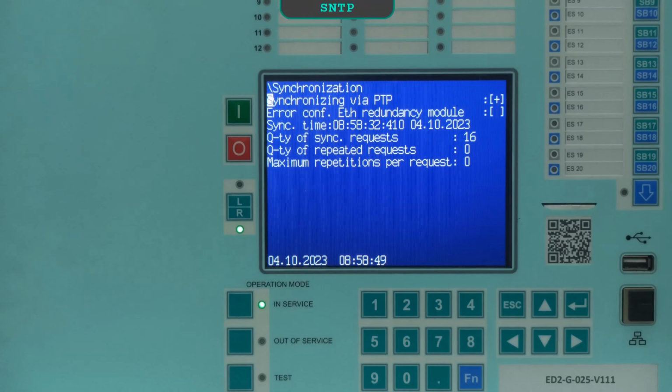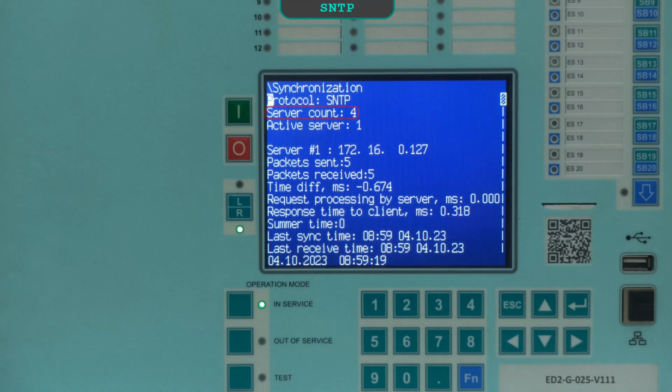For diagnostics of SNTP time synchronization protocol, proceed to the relevant item. The open table shows the information on the quantity of servers and the number of the active servers used for synchronization. There will also be the server IP address, quantity of sent and received packets, and also time characteristics: time difference between IED and time server, time for server to process the request,